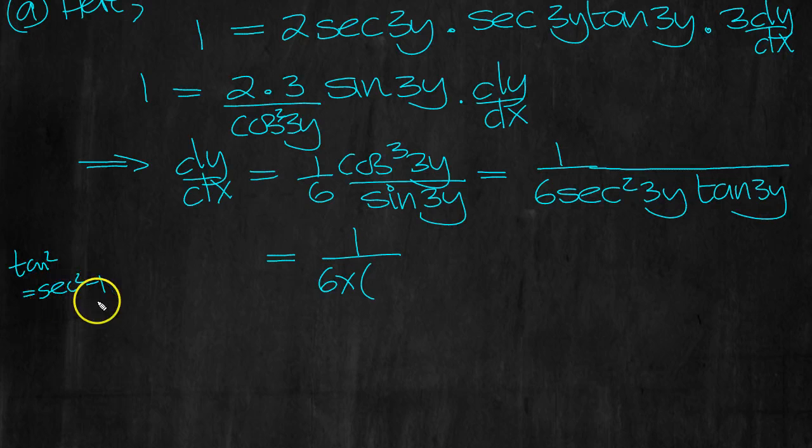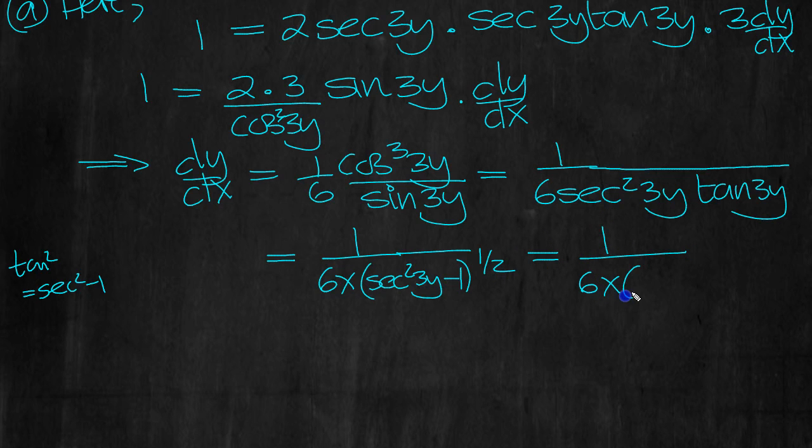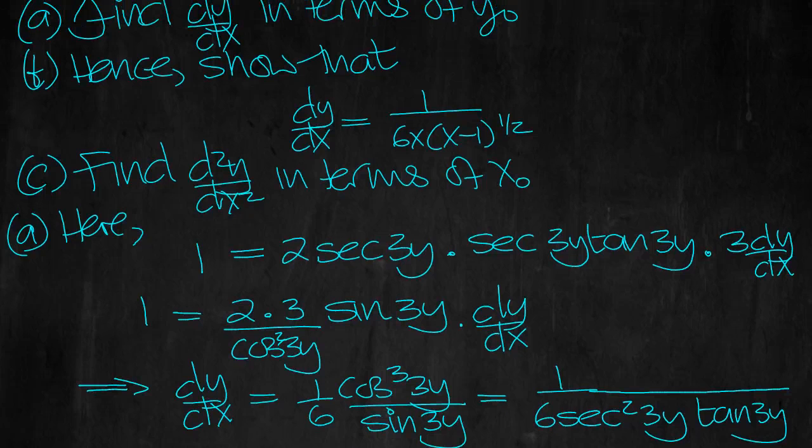So tan will be this to the sec squared minus 1 to the half. So that will be sec squared 3y minus 1 to the half. And that would equal then 1 over 6x. x goes in here, minus 1 to the power half, which is what we wanted. So we got to that, didn't we? Hence show that